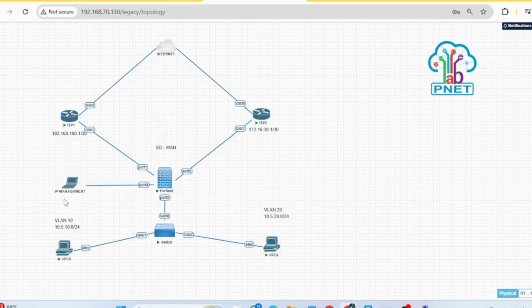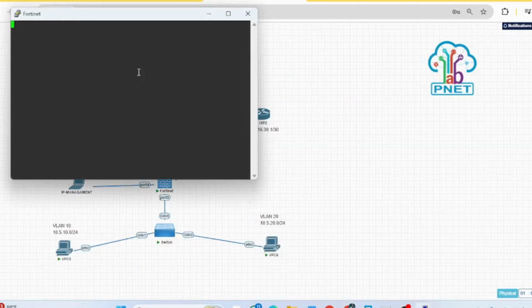For the left, the IP management and the Fortinet. For the Fortinet itself, I already made the configuration. And for the IP management, fun fact, it's not actually IP management. It was just a NAT with a different image.